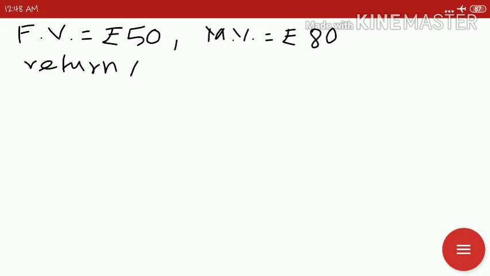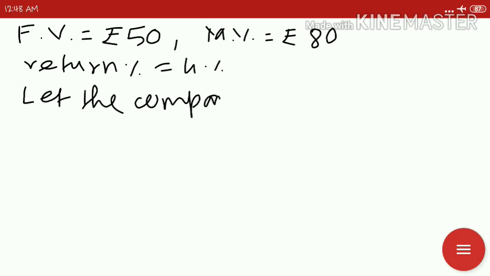Return percentage is 4%. So we need to find out the rate of dividend the company is paying to the person who is holding the shares. So we will assume that the company is paying